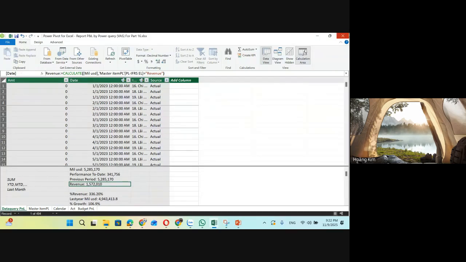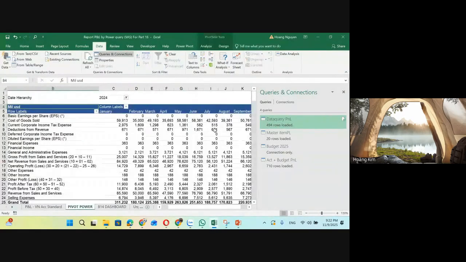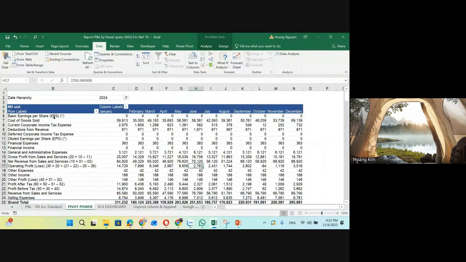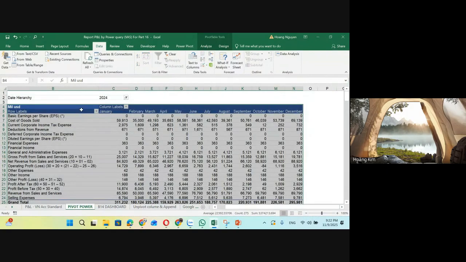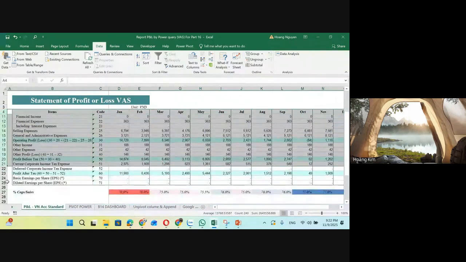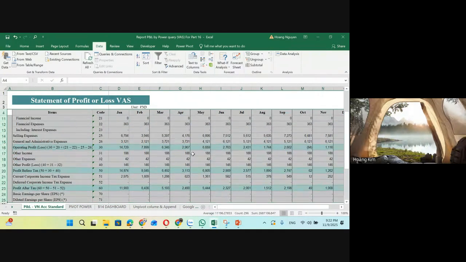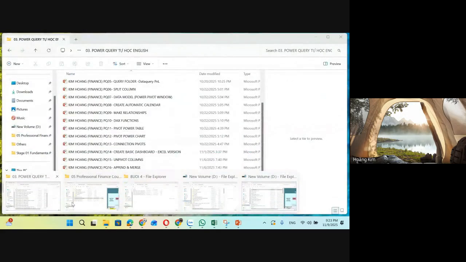Okay, I use Power Pivot to do it for me. Okay, so for example, this is the Power Pivot. I make it here. Okay, so I use the Power Pivot in input data. So I connect with the report here. This is my report, the final report. So I don't use a lot of the DAX formula. I don't use it here. So for example, I go to